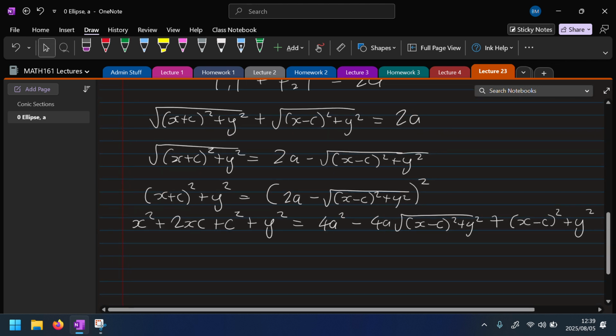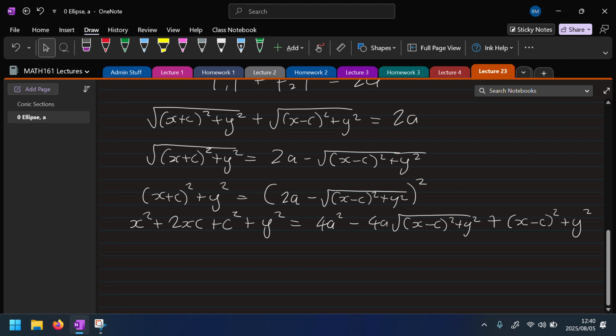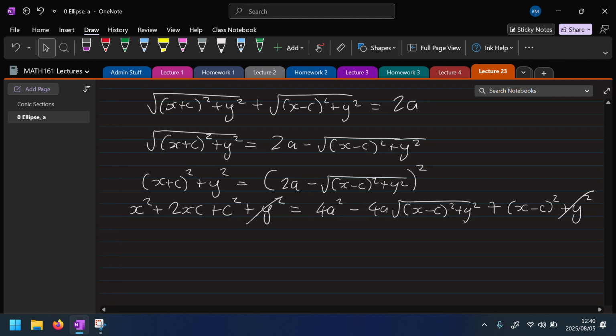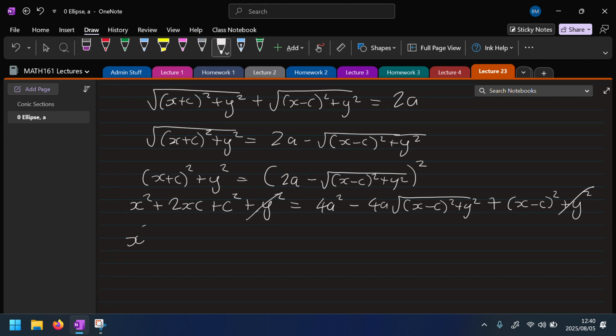Okay, so we end up with this. Now some stuff cancels. Look on the left side and the right side. We've got y squared there, y squared on the other side, so that can go. Then some more stuff can go because we've got x minus c all squared on the right there. If we expand that out, that will cancel with some stuff on this left-hand side. So let's do that. So we've got x squared plus 2xc plus c squared is equal to 4a squared minus